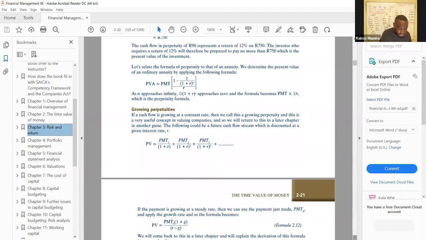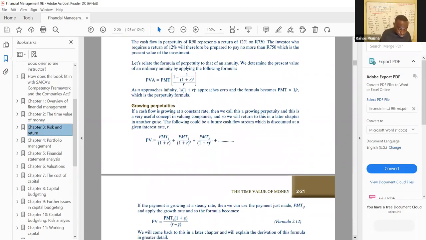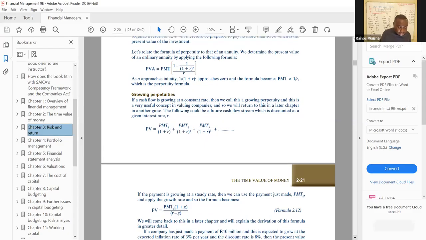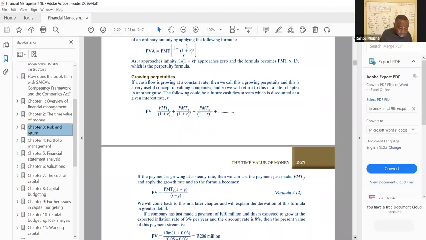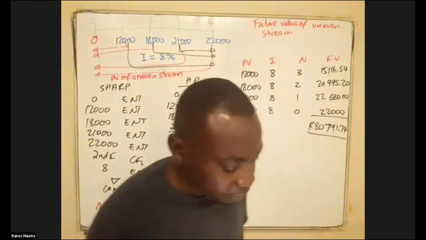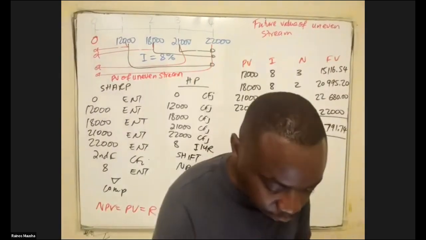Then another type of annuity we're going to be looking at is a growing perpetuity. This is where the annuity is going to be growing at a certain rate. And the growing perpetuity basically follows the same principle as the dividend discount model, right? So when you're dealing with a growing perpetuity, we say